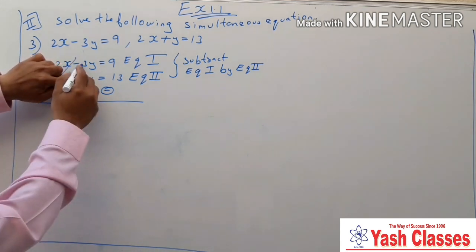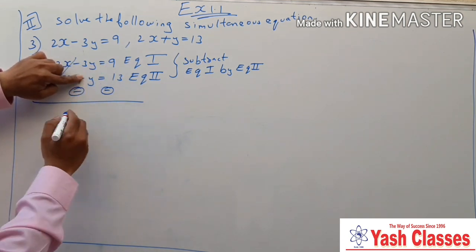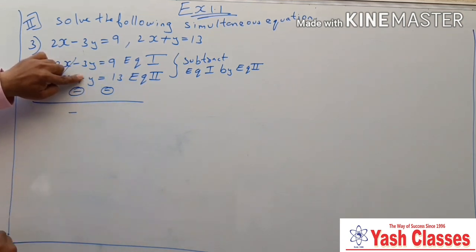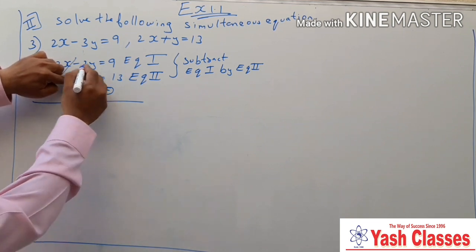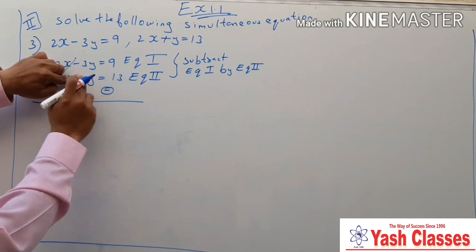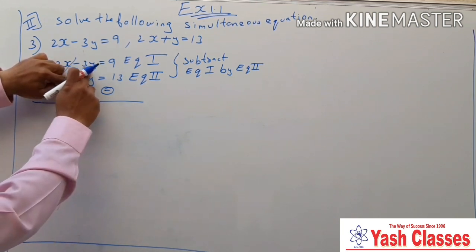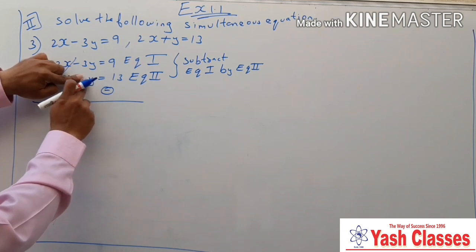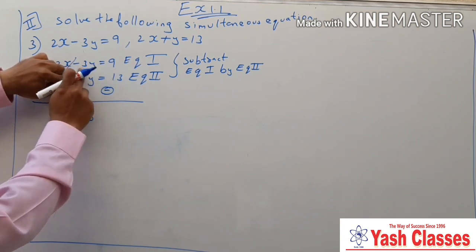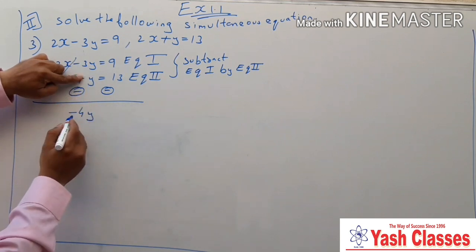Here minus 3 minus y. See here, minus 3 minus 1. Add minus minus, add, but sign will be minus. 3, there is no number, means 1. 3 plus 1, 4. 4y. See here again, minus 3 minus y. There is no number, means 1. 1 plus 3, 4. And the sign will be minus.